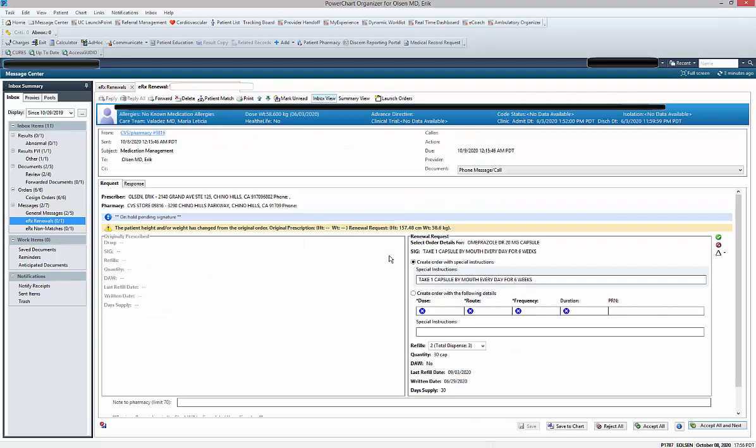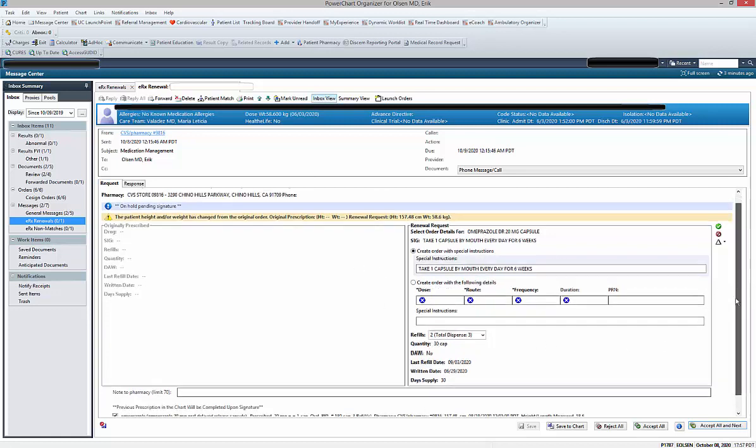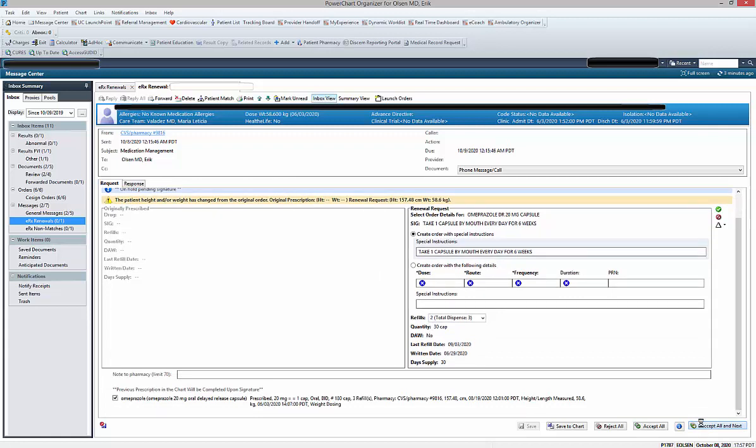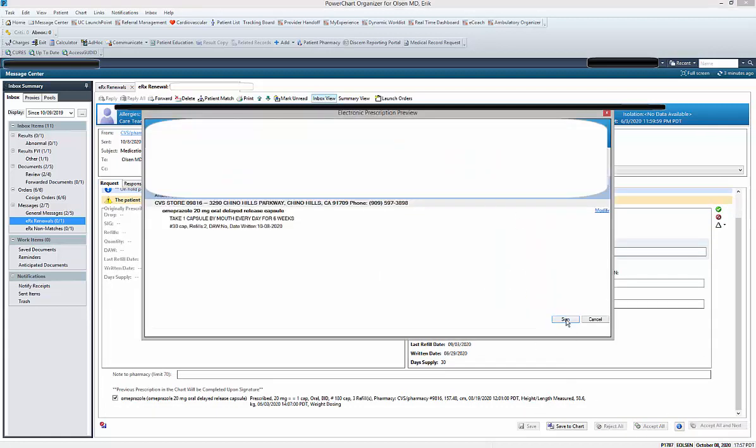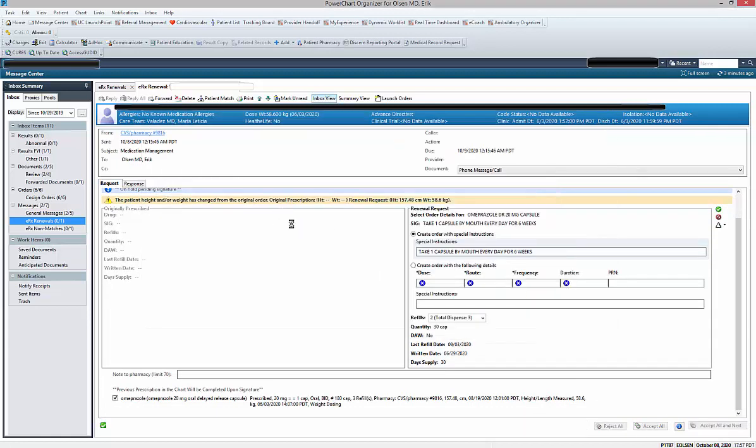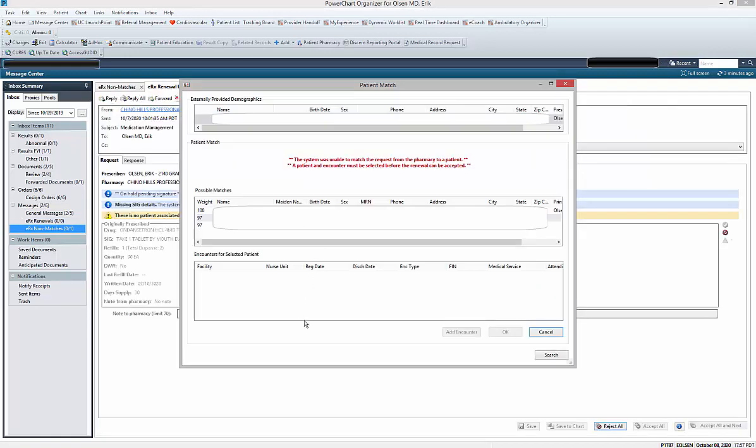And here's the next one. Okay, so the next one is for omeprazole. I know this patient also, so I'm not worried about this patient. I can get a couple refills on this, so I'm going to accept all and next. It's going to pop up with this. I got my last check on that prescription. Looks good. Moving on. So this is the non-match one, and so instead of going right to the refill,